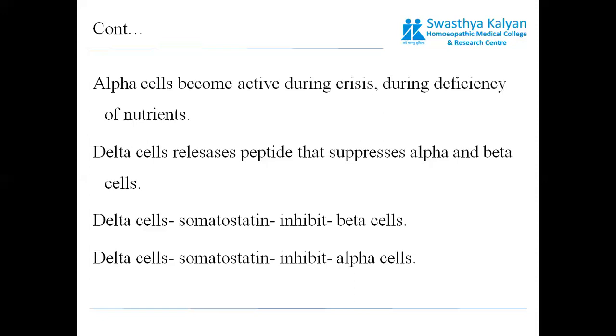We can also say that somatostatin is a universal inhibitor of multiple peptide hormones. Now, this was about the delta cells. Now we'll talk about the F cells or the PP cells. They produce pancreatic polypeptide. So till now we have discussed the different types of cells and a general introduction of the pancreas. In the next lecture, we will continue further. Thank you.